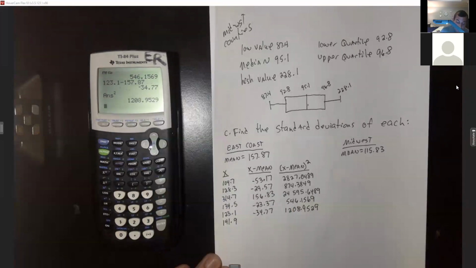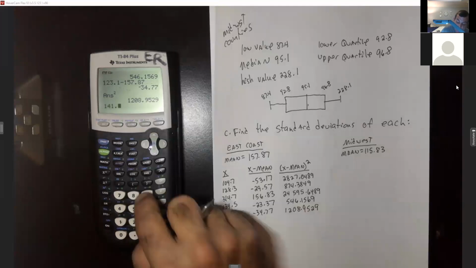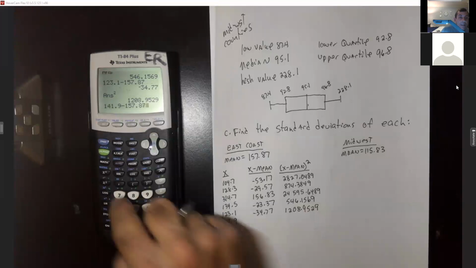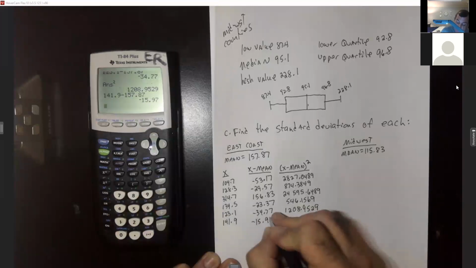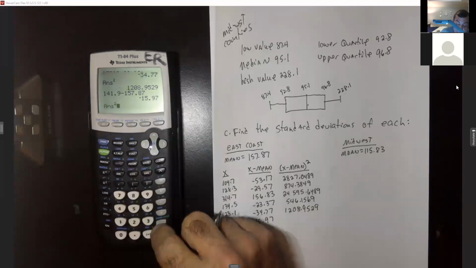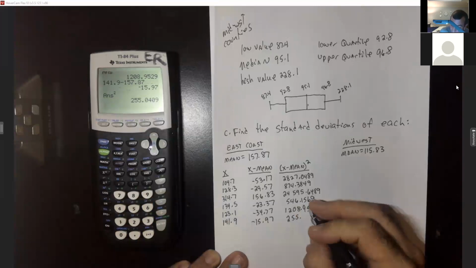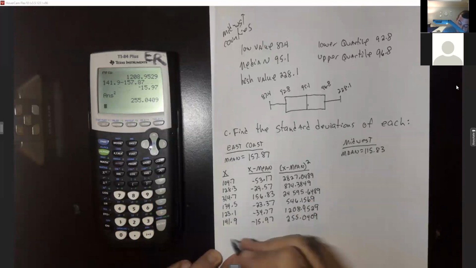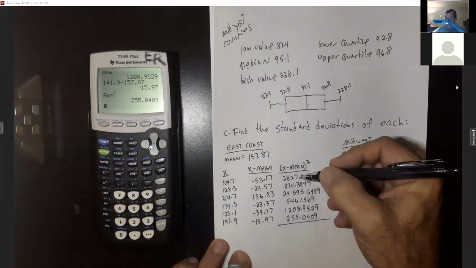And then finally, y'all, 141.9 minus 157.87 is going to give me a negative 15.97. Square that, I get 255.0409. All right, so under this last row, you want to add all of these up,